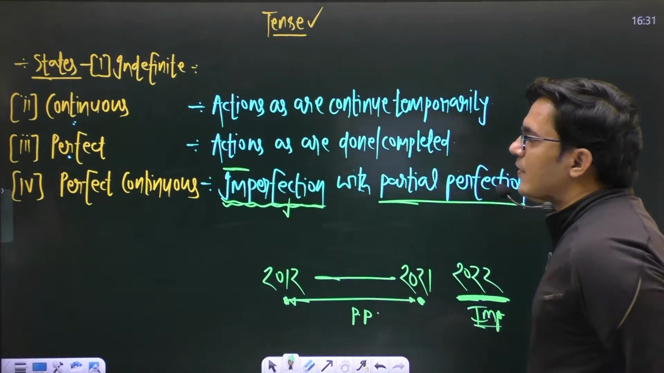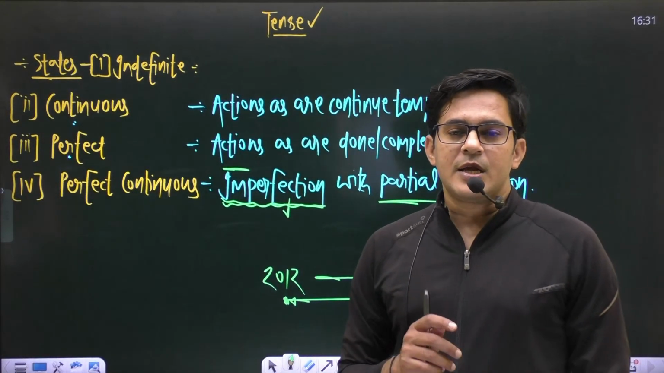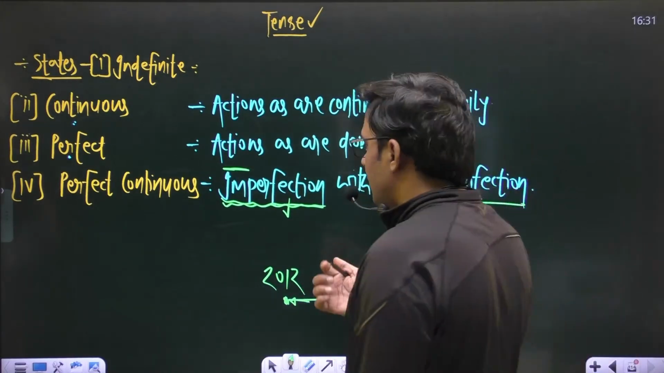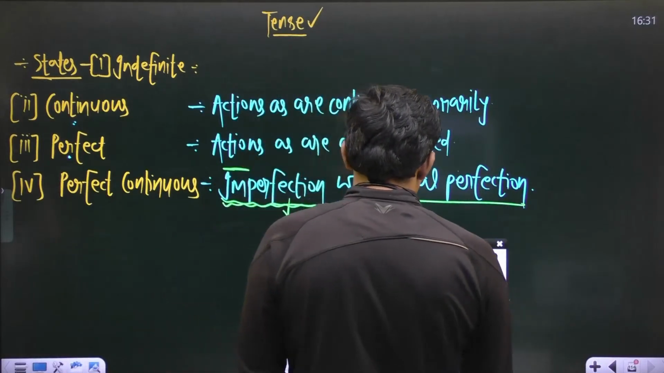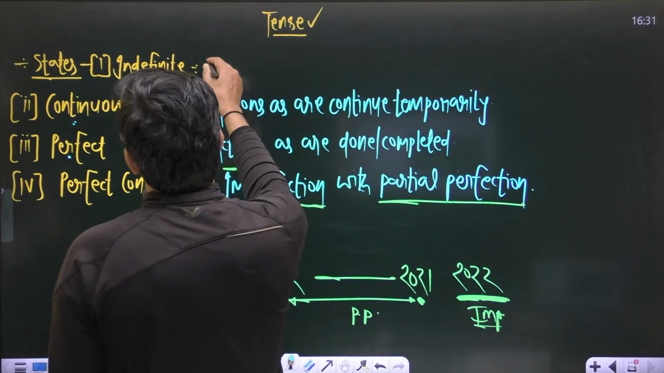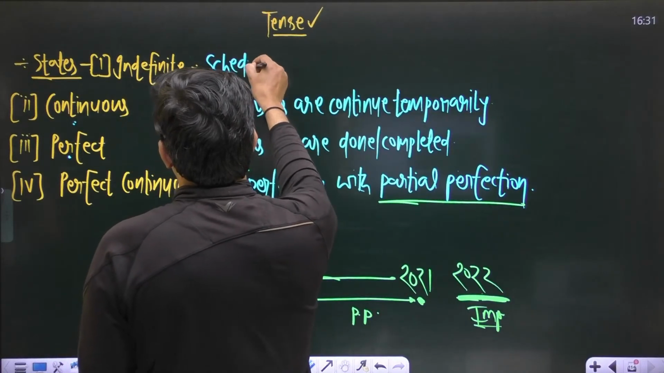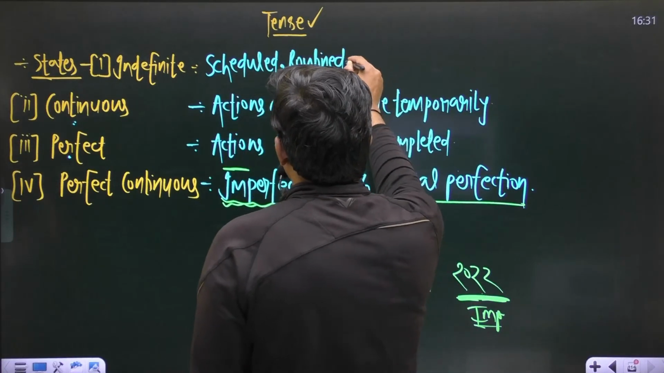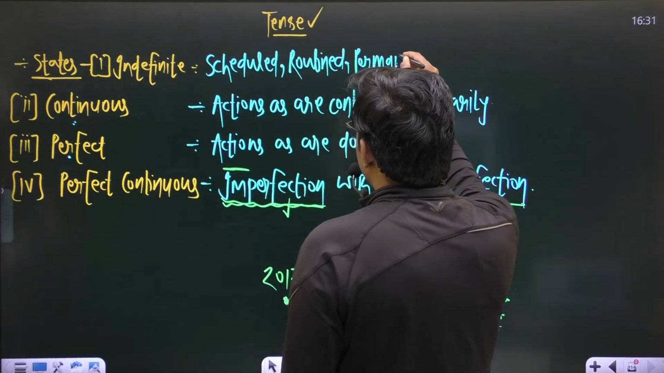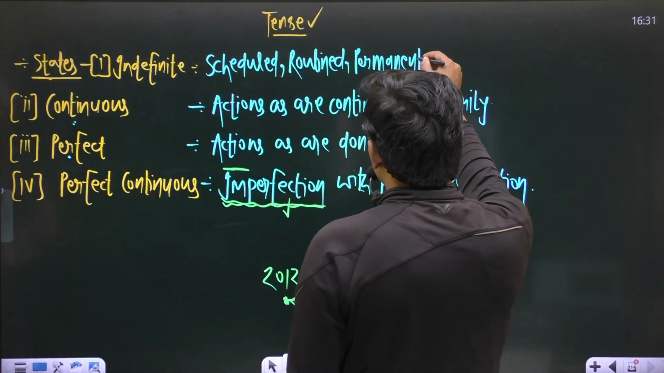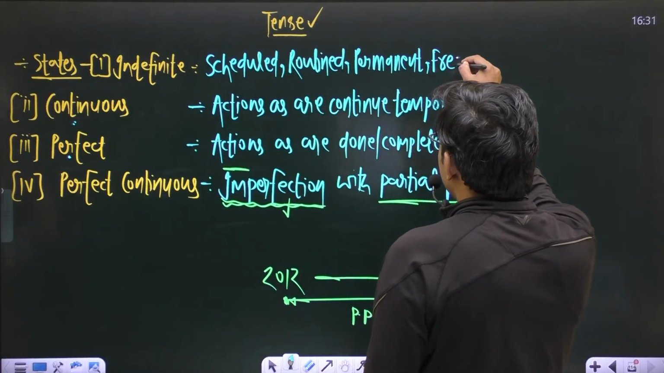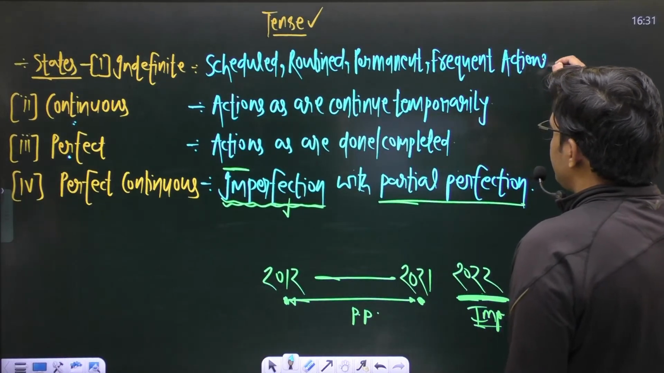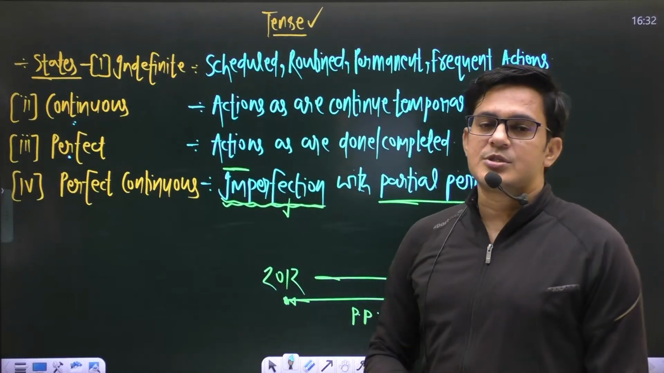Now move to the indefinite state, and make sure that in the indefinite state nothing will be continuous or perfect. Here in the indefinite state, we talk about all the scheduled actions, all the routine actions, the actions which are permanent, or the actions which are frequent. For such actions, frequent, scheduled, permanent and routine actions,